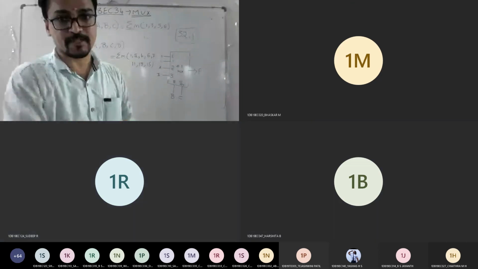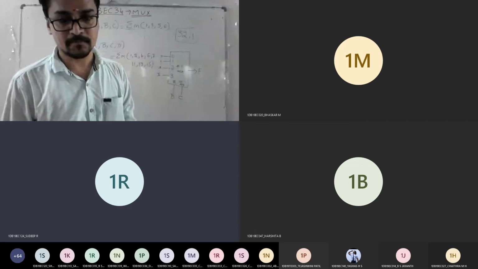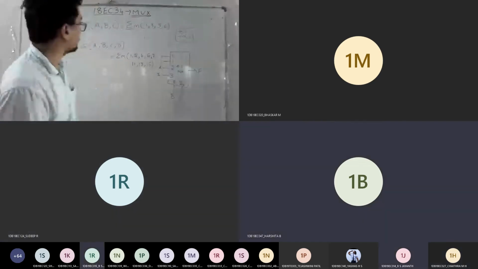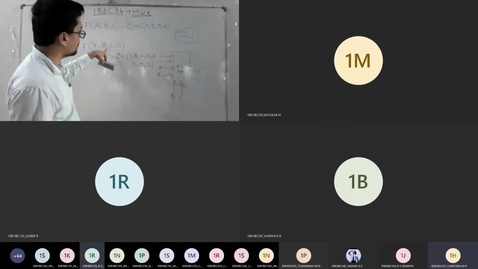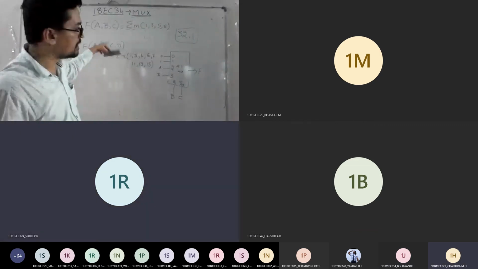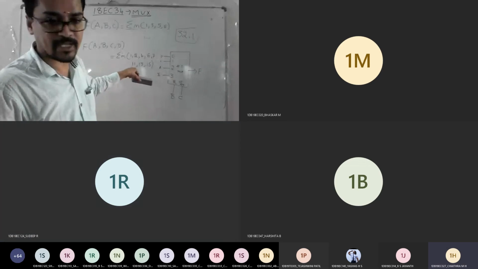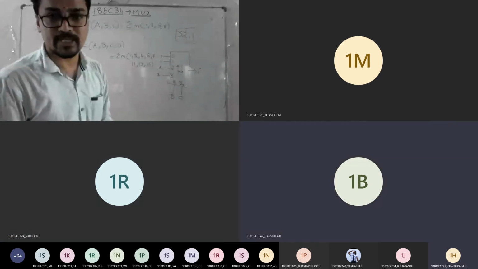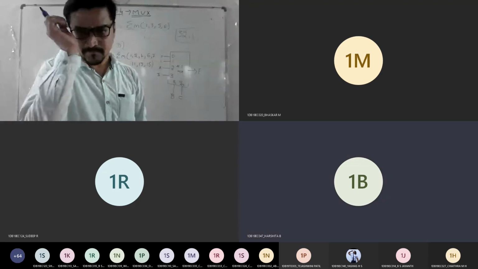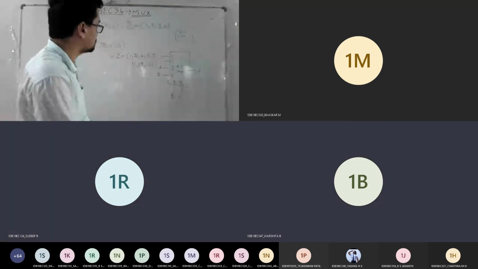If it is a 16, how many selection lines will come now? 3 select lines, sir. So out of A, B, C, D, you connect B, C, D to the selection lines. That's all. So remaining 8 inputs, what should you get? Try to get an implementation table and let me know. Everyone solve this.